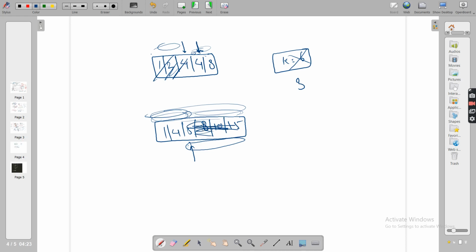Now your first space is only 1 4 and 4 8. This one. So again, see, this is your mid. This is your mid right now. Okay, let me use a new pen. This is your mid, and this is your mid. Getting it? So how many lens are you getting? Only 1. Sorry, only 2. 1 plus 1 is 2, and 2 is less than or equal to 3. So we have to remove the left subarray somewhere. So who is smaller? 1 is smaller. So you'll remove this.